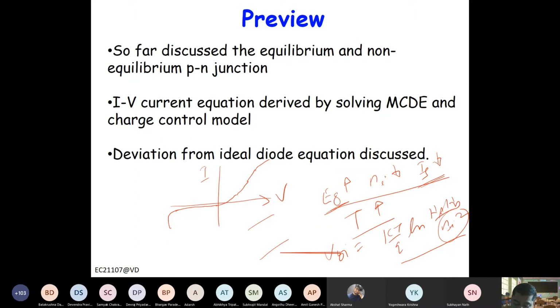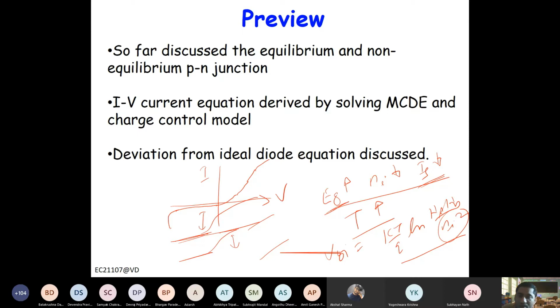So your built-in potential will increase if you increase the band gap, and you can also understand this for P type and N type. Let's say the Fermi level is somewhere here, and somewhere here, so it will go like this. So this built-in potential will, of course, be more. There is one term called contact potential, which we will discuss later on. Right now we are not, but contact potential will also increase basically.